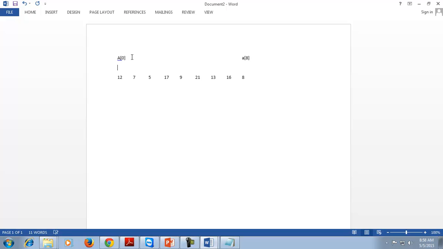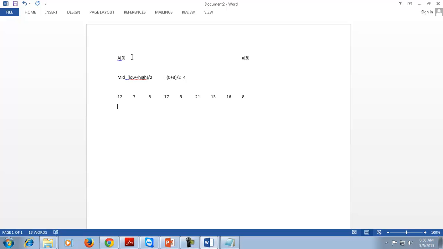If we want to find out the mid value, then mid value will be low plus high divided by 2. It means 0 plus 8 divided by 2, which equals 4.